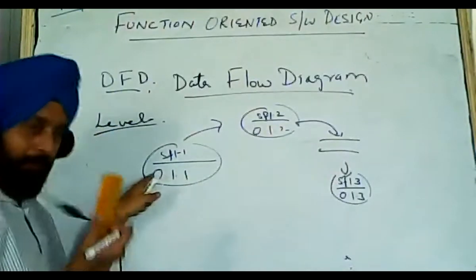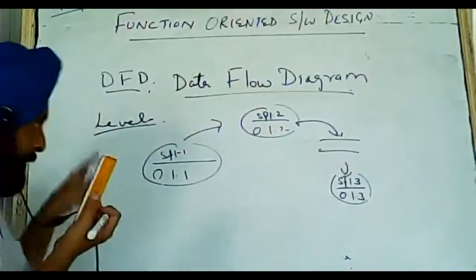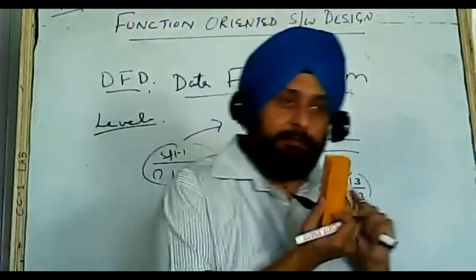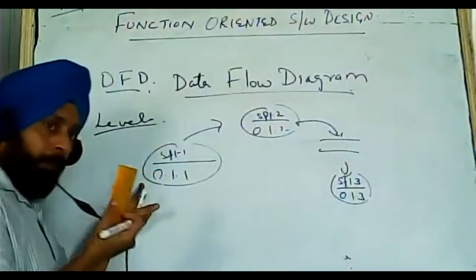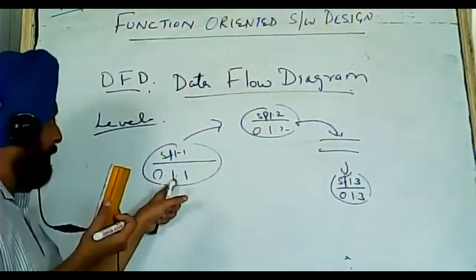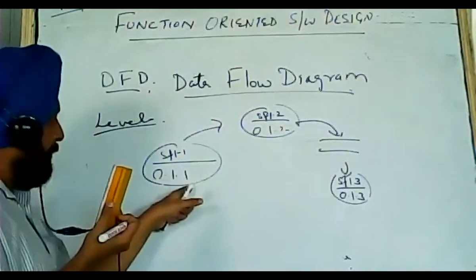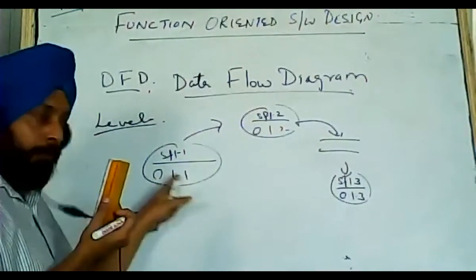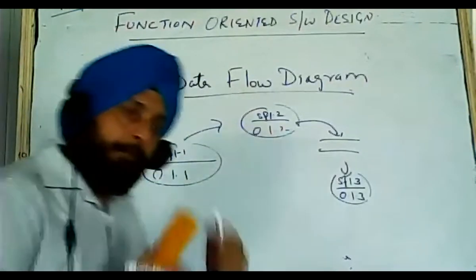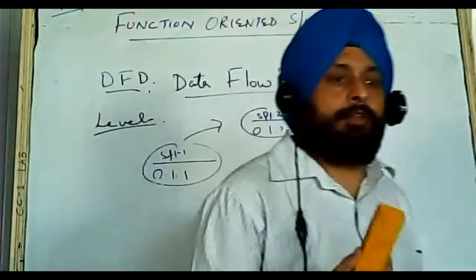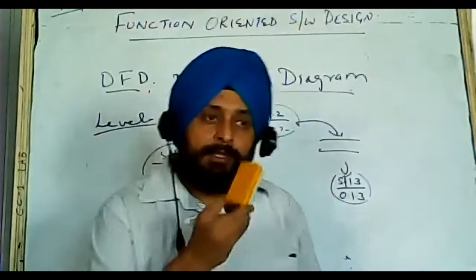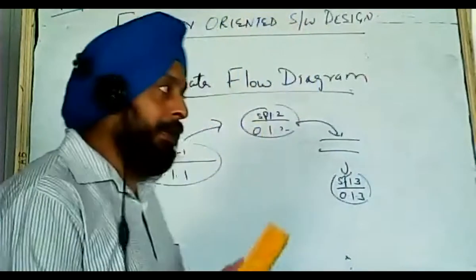From the numbering also, you can see that this numbering tells you that this DFD is of which level. So we will start with the 0. 1 point is there, then it will come to second level, level 1. Another point is there, it is coming to the level 2. So level 0, level 1, level 2. So from numbering, you can see what is the level of your DFD. So is it okay? So this thing is there in a DFD.